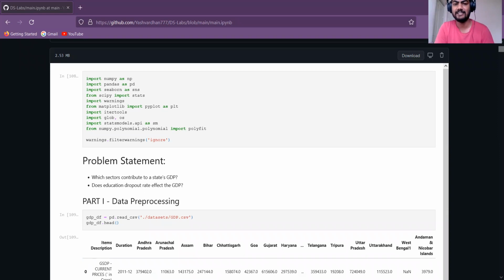The present research study is aimed at analyzing and comparing the data with regard to the contribution of the major sectors of the Indian economy, that is the agriculture sector, industrial sector, and service sector, in the overall GDP of the country during the period 2011 to 2017 and determining if they affect the dropout rate. For this topic, our team researched various related journal papers to gain deep insight.